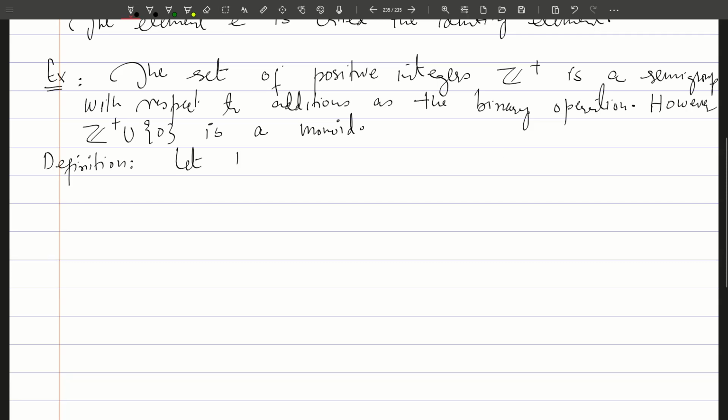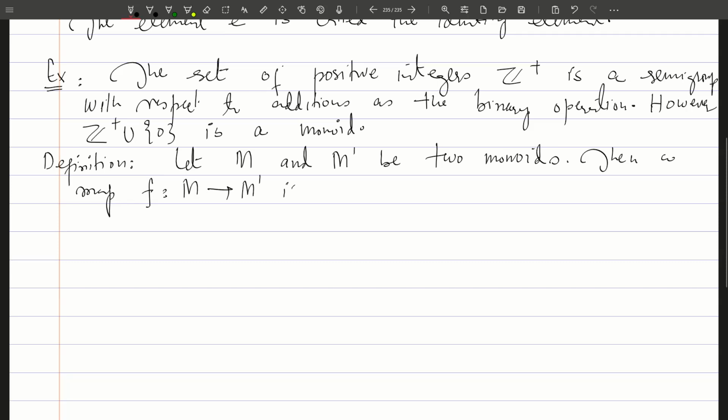Let M and M prime be two monoids. Then a map f from M to M prime is called a monoid morphism, monoid homomorphism,